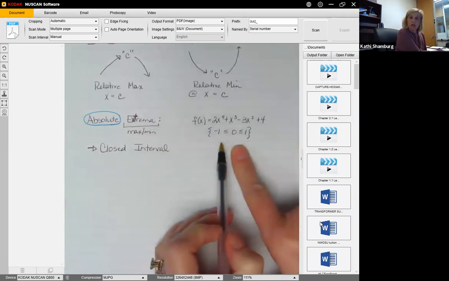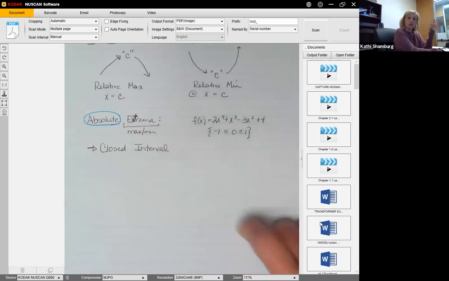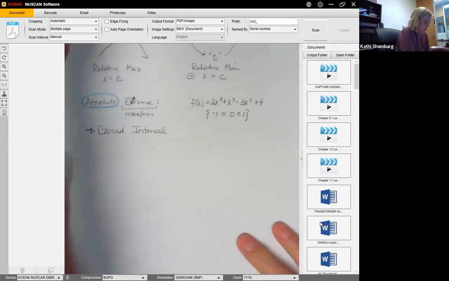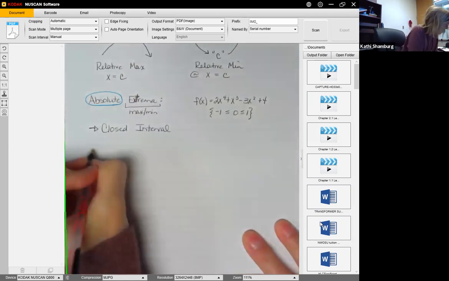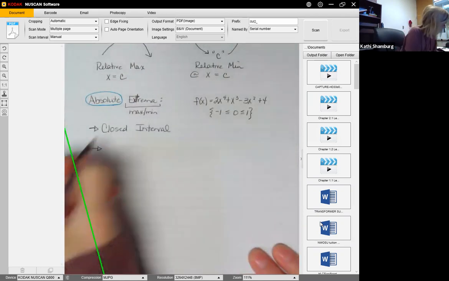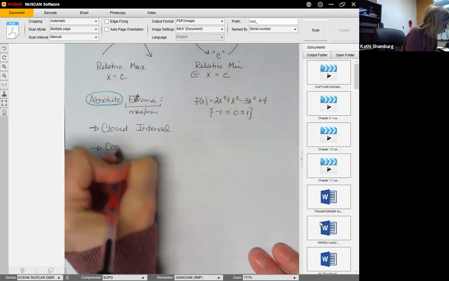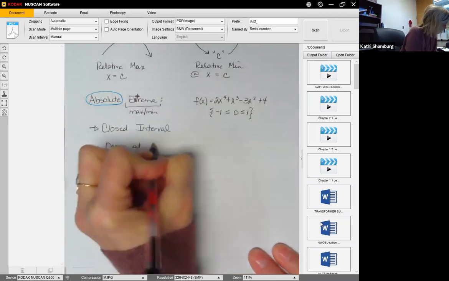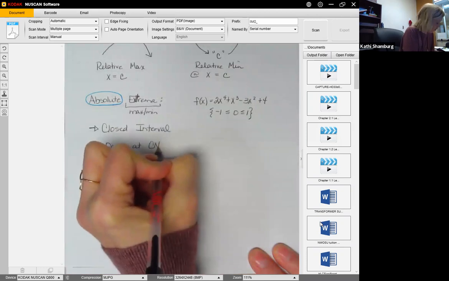So we then had a closed interval. So I had a starting point and an ending point to my graph. So it has to be a closed interval. Your absolute extrema will occur at a critical number or numbers